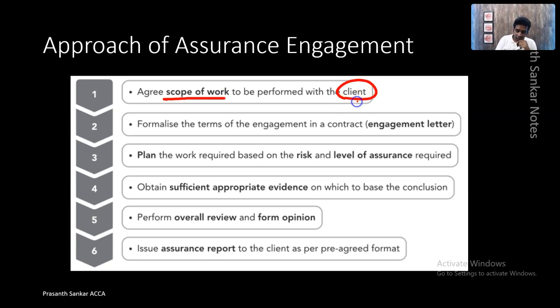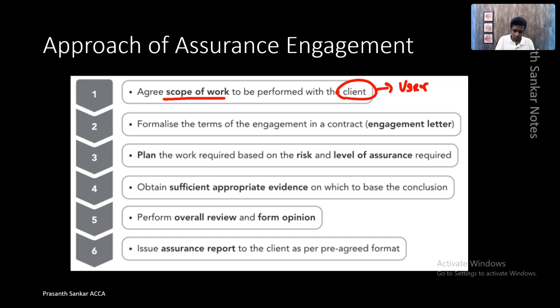The client for us, so now let's say we are talking from our own perspective, we are the practitioner. Just imagine that you are the practitioner and you will have a user or a responsible party, and they will be the client. Now the client, you need to agree with the client what is the scope of work you will perform for him, because he is hiring you. So the responsible party is going to hire the practitioner. The intended user is going to hire the practitioner. So the user will become the client for you.